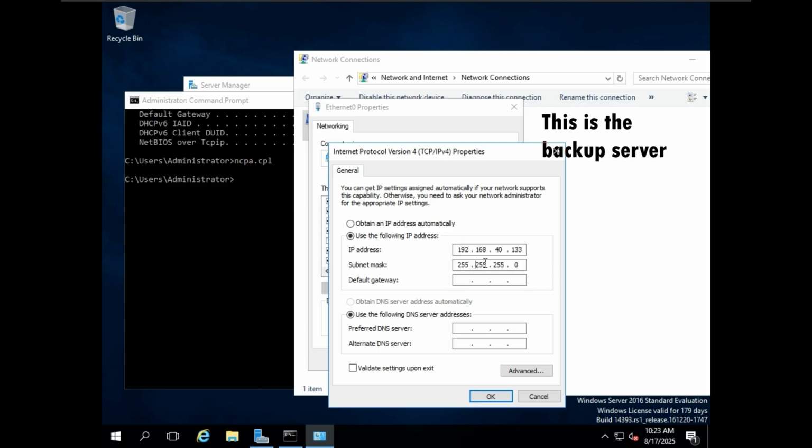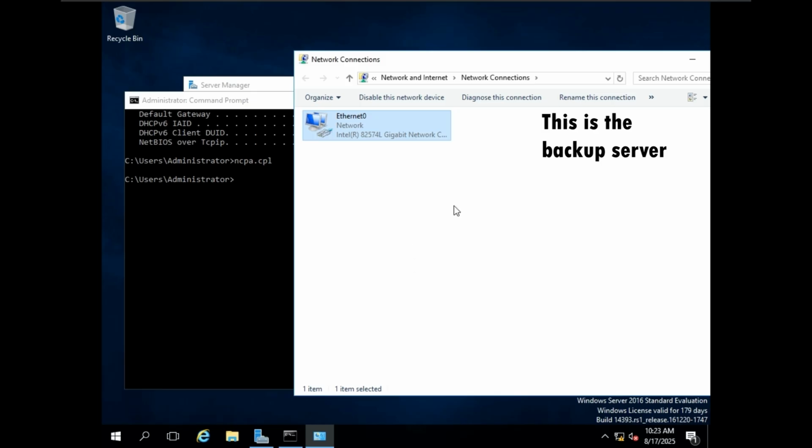Okay, now subnet mask will be automatically configured. We need to put a gateway. Okay, now just click OK, close and